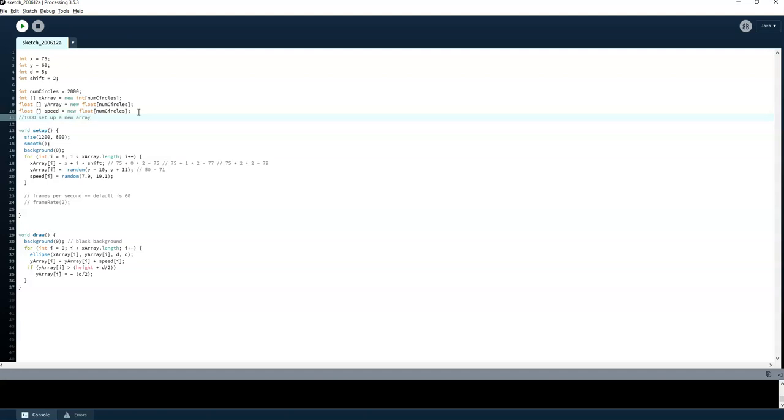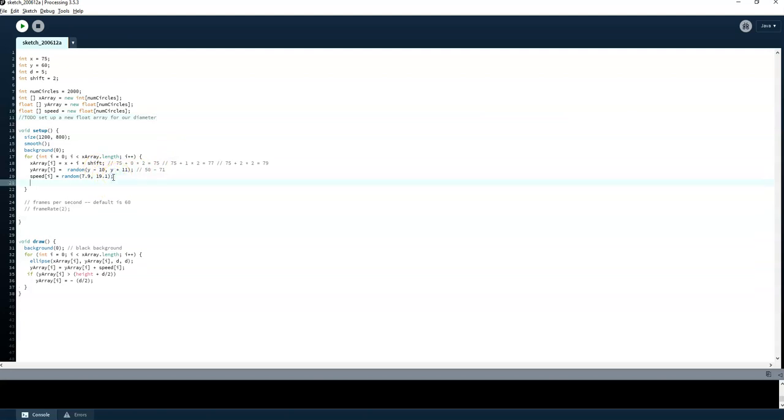Set up a new array, a new float array for our diameter. This is because each different raindrop has a potentiality to have various sizes. So you'll need to look at something that will probably be a new float, and we just need to declare that in the beginning. So now we will have a way to house the diameters for each individual circle as they are being generated. Now down here, you can see that